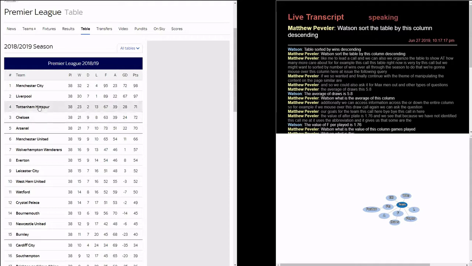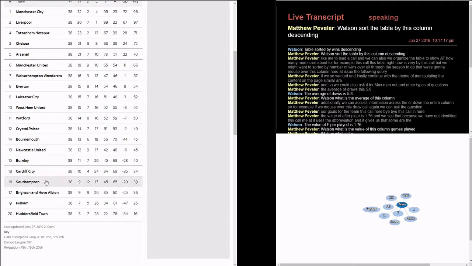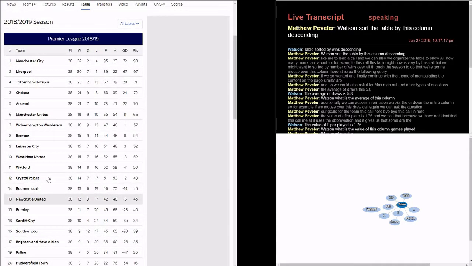And we see now Tottenham is above Chelsea as they have 2 more wins. Bournemouth is above Newcastle United, and there are a few more examples as we scroll through the table. And we could sort it by any of the columns that we have identified thus far. And so we could issue more of these types of queries and identify more columns, but for the sake of time, we're going to move on to the next